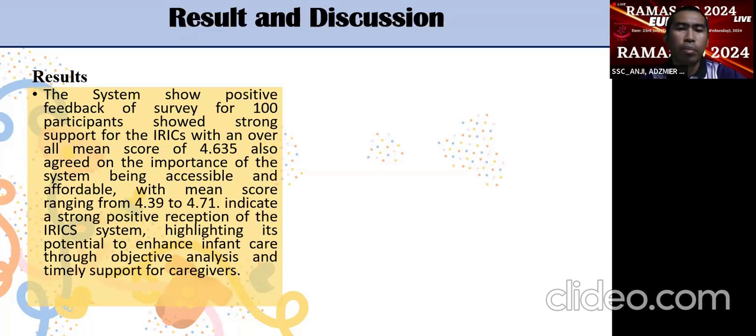By using the system, it will show whether their infant needs to feed, or is either uncomfortable or has belly pain. So it shows that